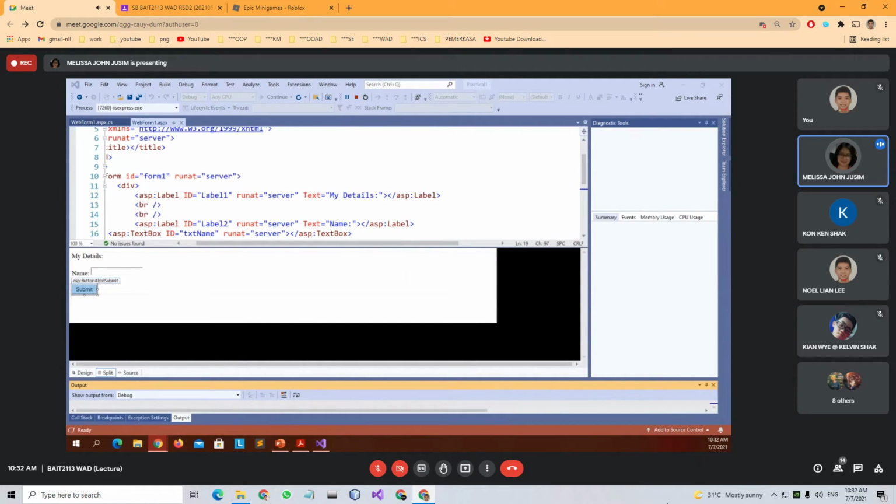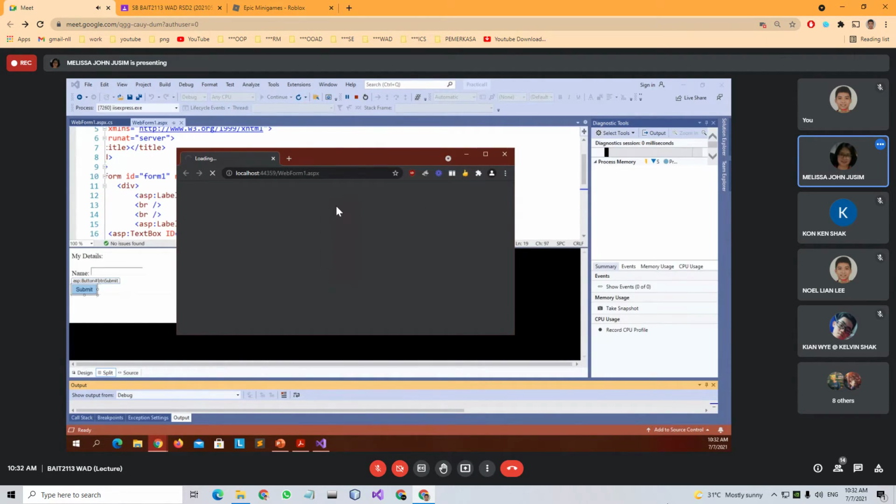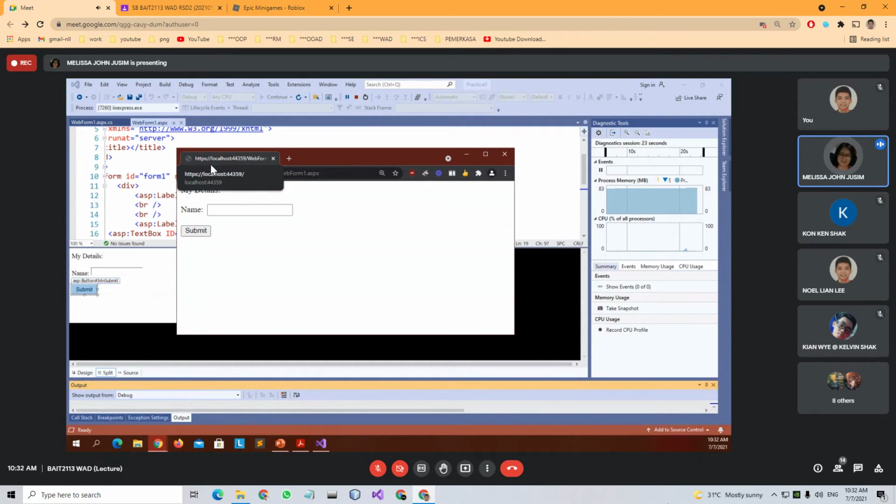Oh, my browser is here. Loading. See, when you see loading, you can imagine there are already some stages happening at the web server side. At the web server side, init happens.